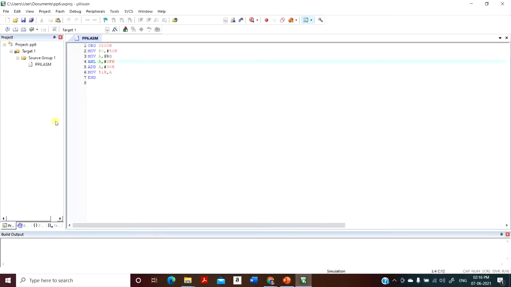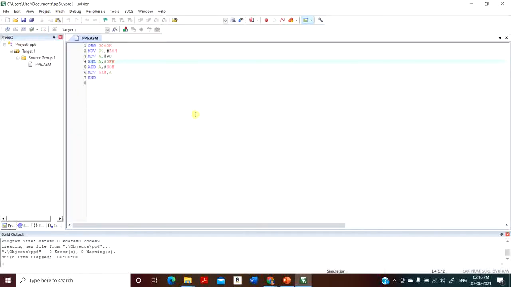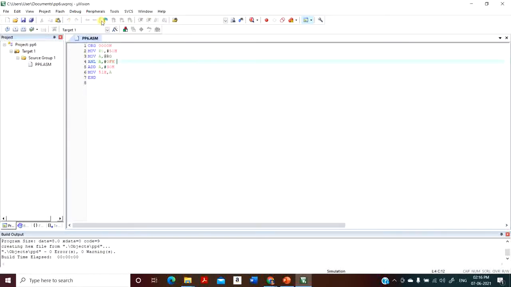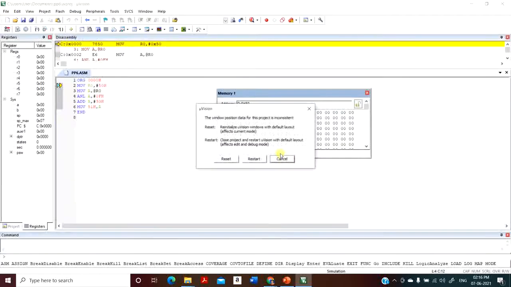So I have already copied the code here, as you can see. So I will first build the target. Now let me debug this. I will show you for both the examples that I considered.